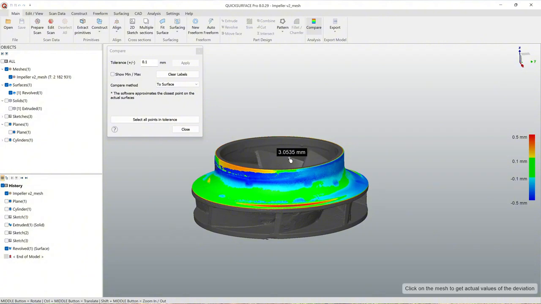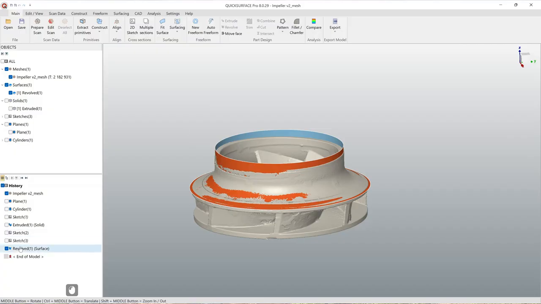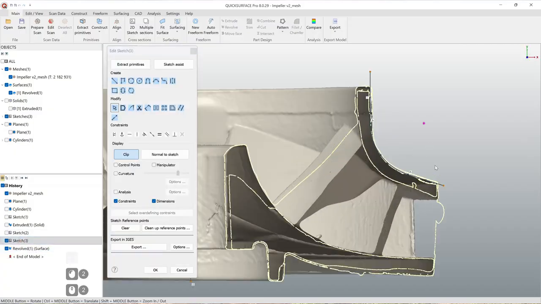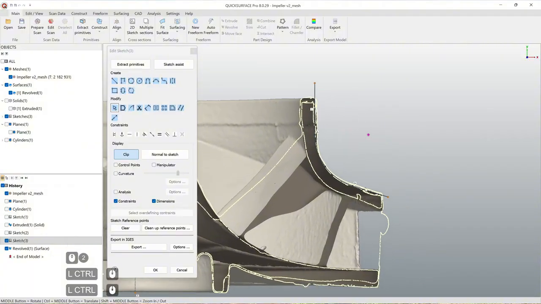So you have to consider how this part was built and how it should work, and just try to minimize locations where you are working on this part. So if you start at, for example, we set up our first cross-section sketch at 90 degrees, then try to use everything that is close to this region. In that case, you will get pretty close to the initial part as it should be when it was created. So okay, as we see, this one was pretty good, so we can go and